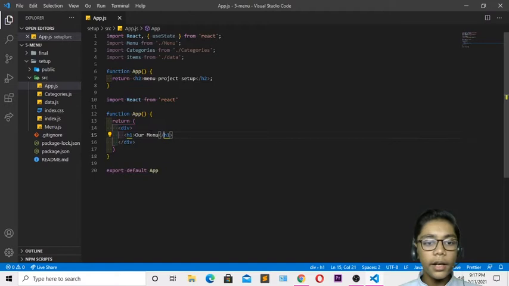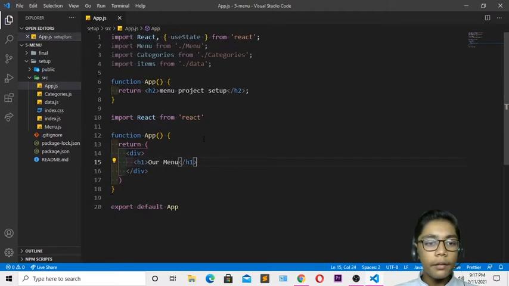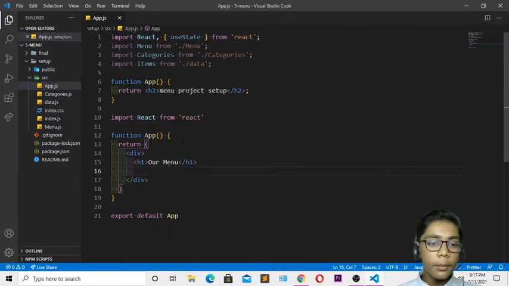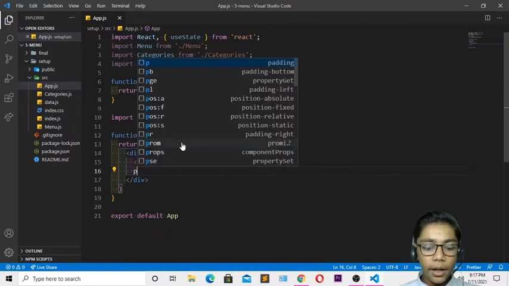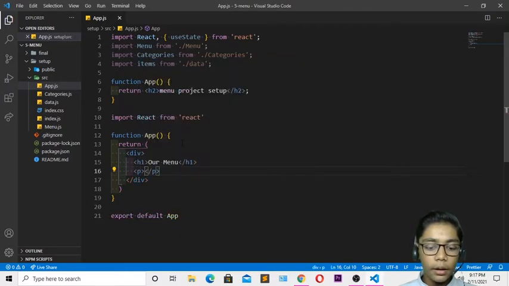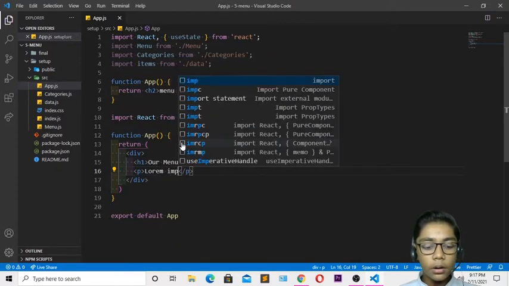So I will be writing that. Now when you've done that, I will be zooming in. So over here you can see all of these. I will be coming and writing over here, like we have done. I will be writing a p tag. So write a p tag, then write lorem ipsum. I'll be writing that, and it will give all the text which I want.